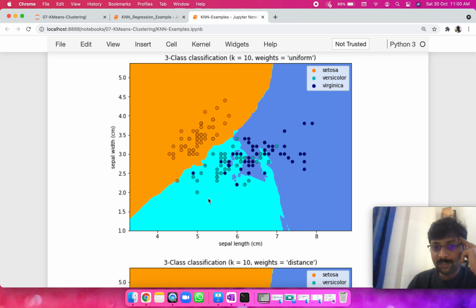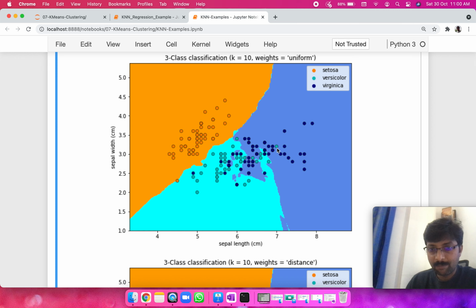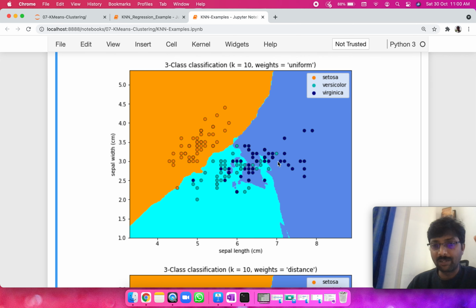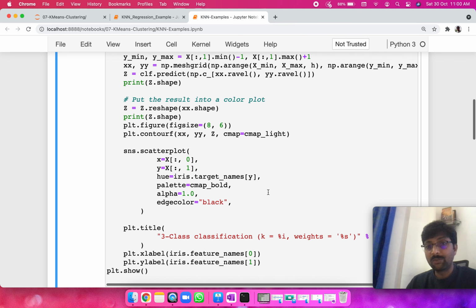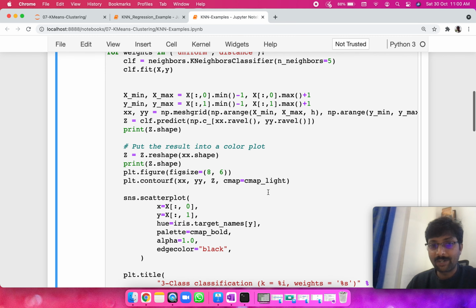But for the other ones here, the versicolor and virginica, there are overlaps. You can see the dark blues are coming here into the cyan, and into the cornflower blue we are seeing cyan colors coming in. So that means those are the error cases. We have predicted this as cornflower blue, so we colored it as cornflower blue, but it should have been cyan. So that sort of error predictions are there, but they are minimal. You can notice that there are not many of them, which is actually indicating good predictions being done by our algorithm here, right?